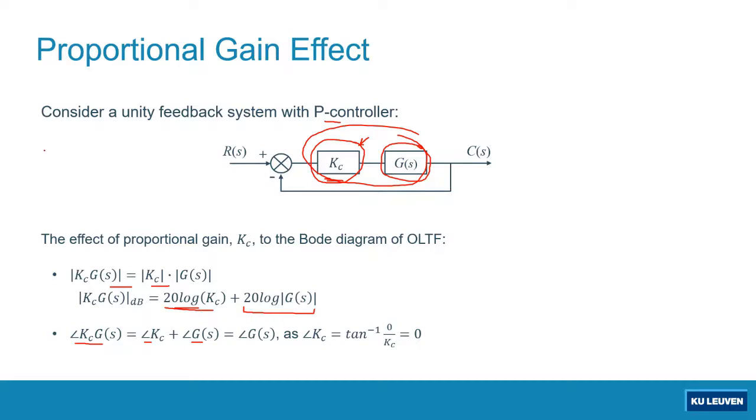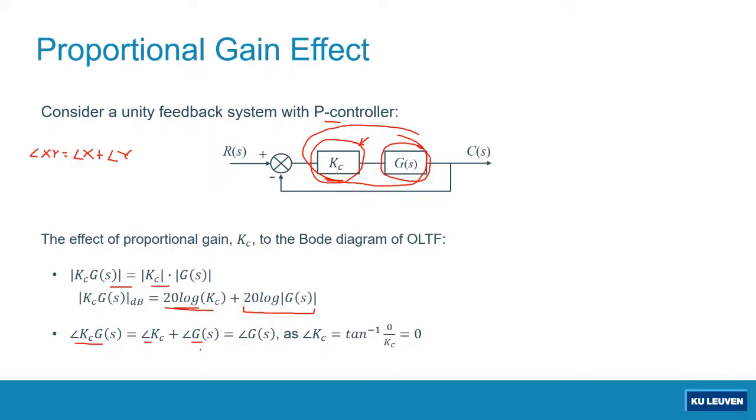If you have x times y and both of them are complex numbers, the angle of x times y is equal to angle of x plus angle of y. That's the property of complex number operation. So again, the angle of Kc times G(s) will be equal to angle of Kc plus angle of G(s). But